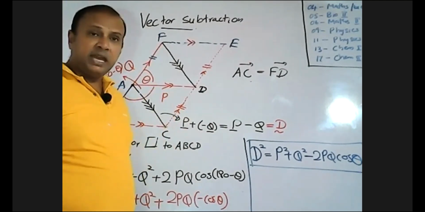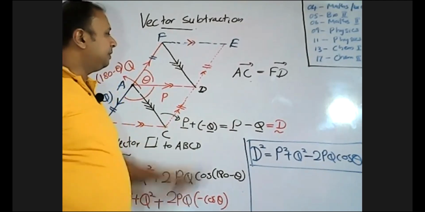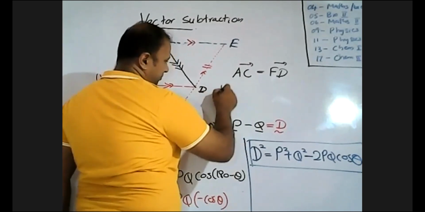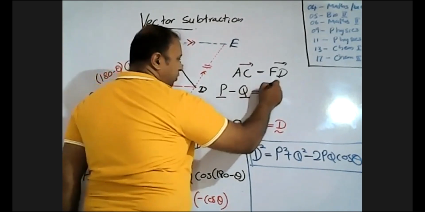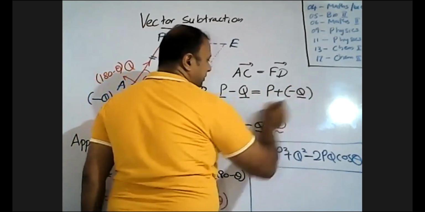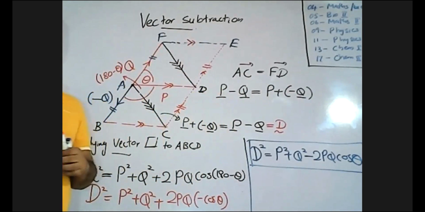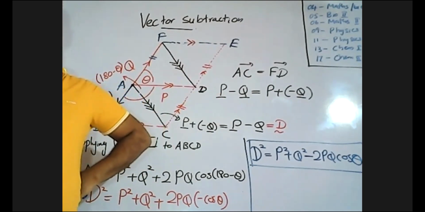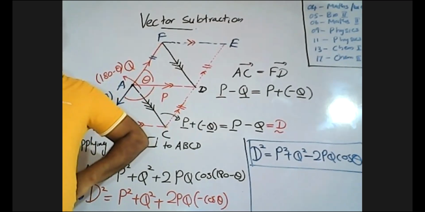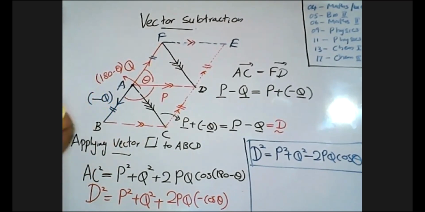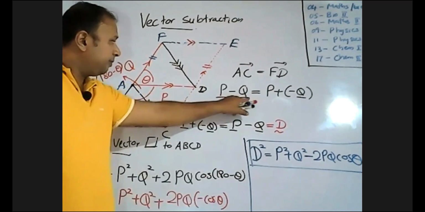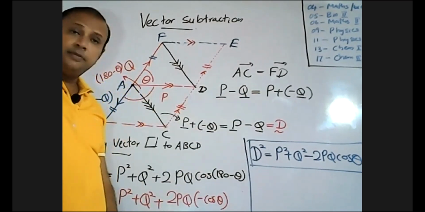Then it can be written as follows. P minus Q vector is equal to P plus minus Q. P minus Q vectors can be written as P plus minus Q. Right under that, that means